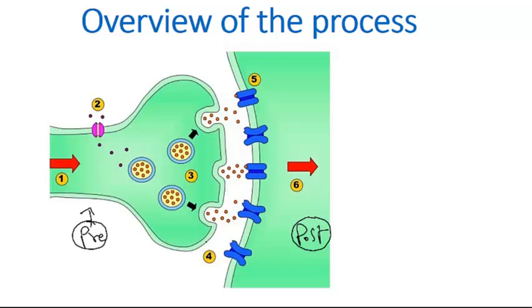These dots visualized inside the vesicles are neurotransmitters, and they have different functions to play. There are two types: excitatory neurotransmitters, which allow the next neuron to be excited, and inhibitory neurotransmitters, which cause the next neuron to be inhibited